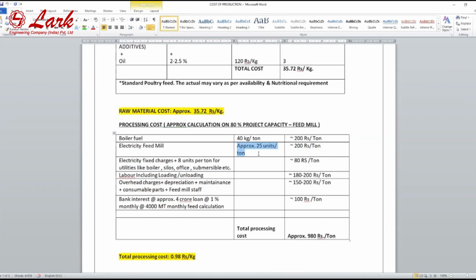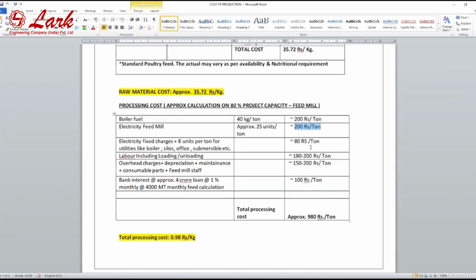और वो भी जब आप एक पर्टिकुलर एफिशिएंसी पर फीड मिल को रन कर रहे हैं, more than 90% एफिशिएंसी आप फीड मिल से ले रहे हैं, 24 से 25 यूनिट फीड मिल का है। अगर आप उसमें बॉयलर, ऑफिस, फीड पंप, मोलासिस पंप, अदर ग्रेन साइलो सबका पावर ऐड कर देंगे तो it will come around 32 to 33 units per ton, तो उसका कॉस्ट आ गया। फिर इलेक्ट्रिसिटी के कुछ फिक्स चार्जेस होंगे, then that depends upon the location. कहीं पर आपको पूरा प्लांट का कॉन्ट्रैक्ट हो जाता है,